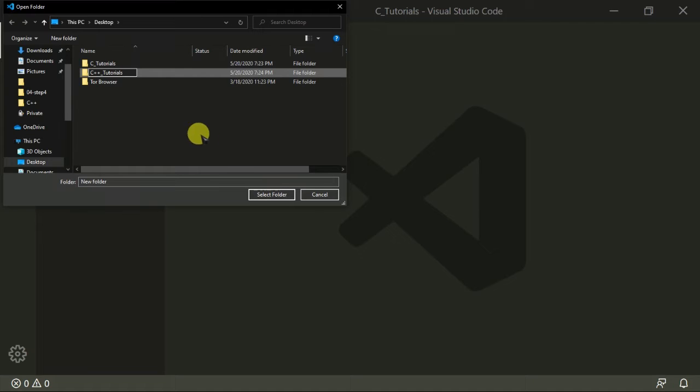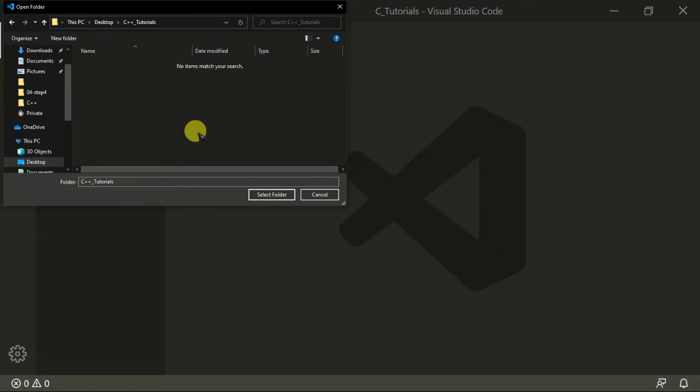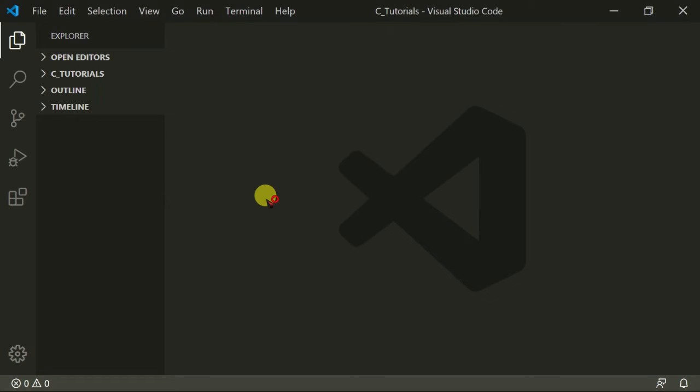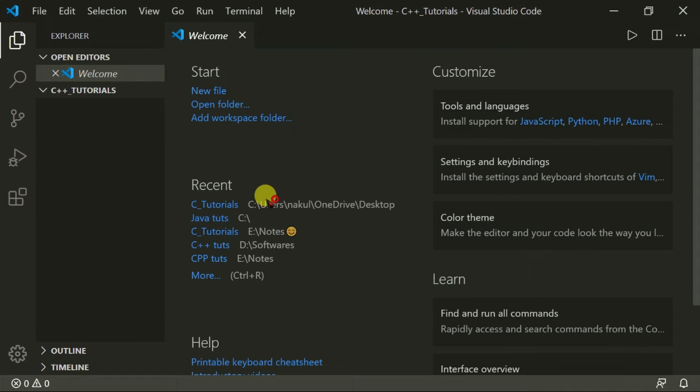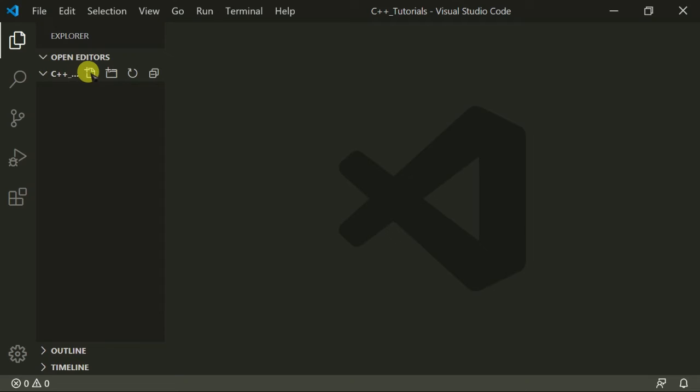Okay, so we will open this folder, select. Great. Now we are in a new folder that is named C++ tutorials. In this folder, by this plus symbol we can create a new file, and by this plus symbol we can create a new folder.